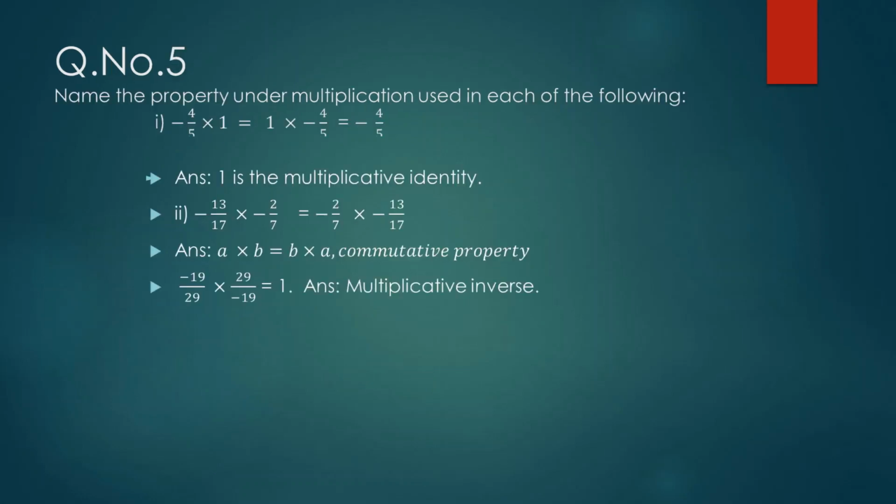Now question number 8 is, is 8 upon 9 the multiplicative inverse of minus 1 by 8? Why or why not? Is it correct? Let's see. Minus 1 by 8 is a mixed fraction, isn't it? First we convert it into an improper fraction. So 1 into 8, 8 plus 1 is equal to 9. Means minus 9 upon 8.